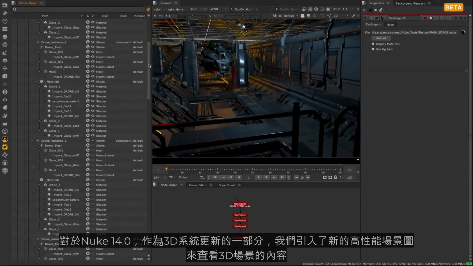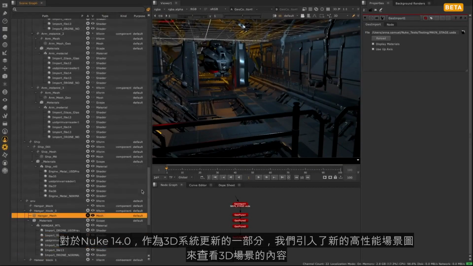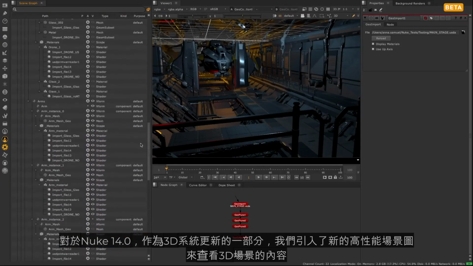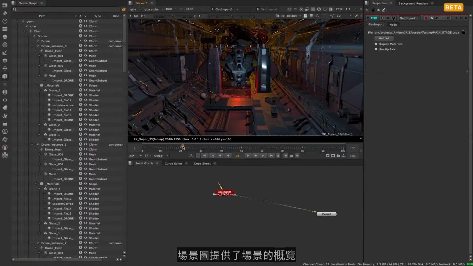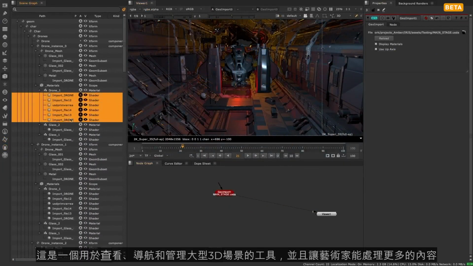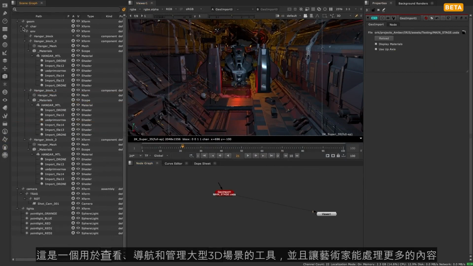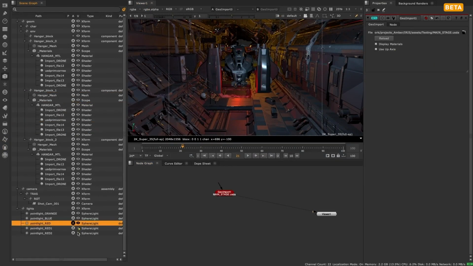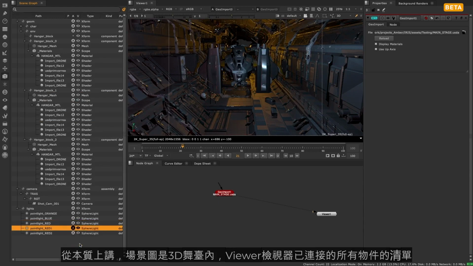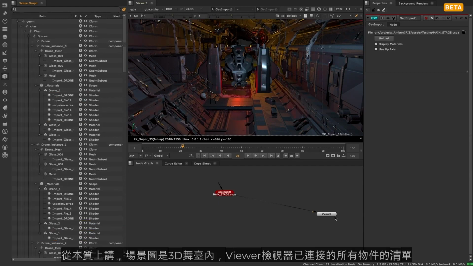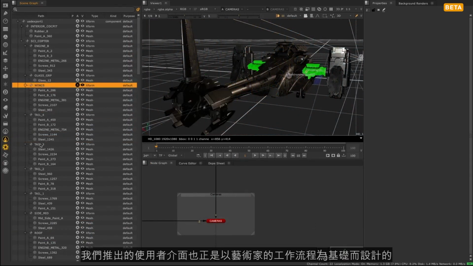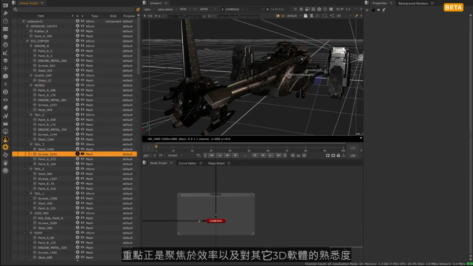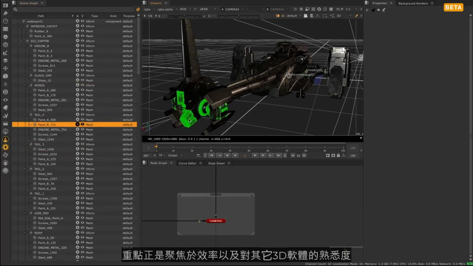For Nuke 14.0, as part of the 3D system update, we've introduced a new performant scene graph to allow you to view the contents of your 3D scene. The scene graph offers an overview of the scene and is a tool to view, navigate and manage large 3D scenes, allowing artists to work with more. Essentially, the scene graph is a list of everything within the 3D stage at the point where the viewer is connected. The UI we've introduced is designed with artists' workflows in mind, focusing on efficiency and familiarity with other 3D